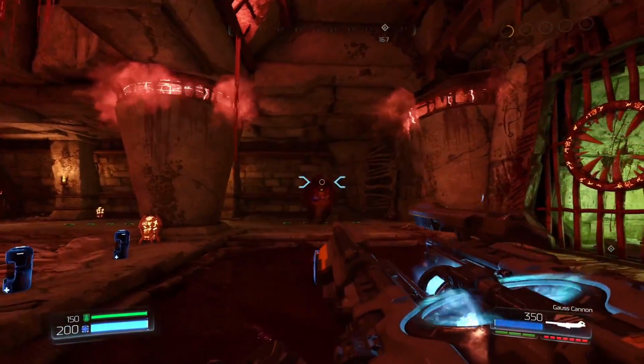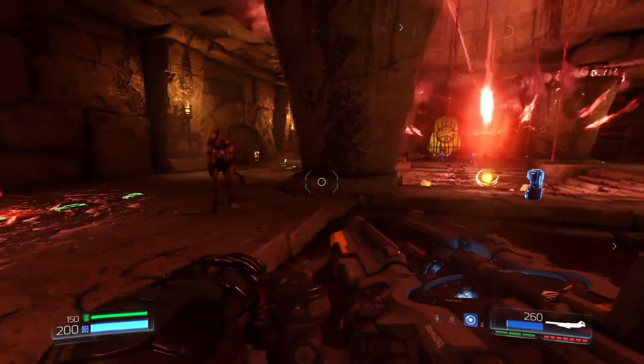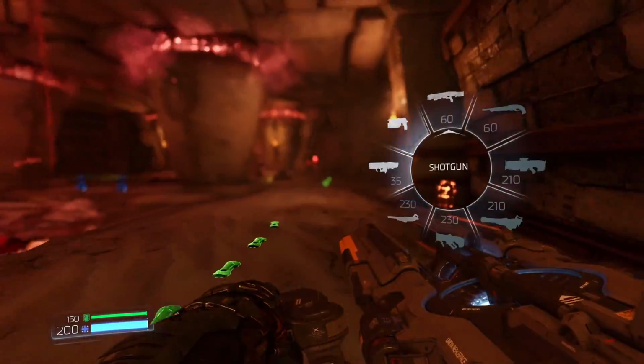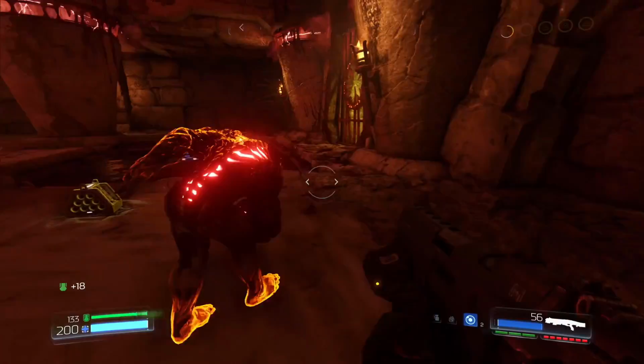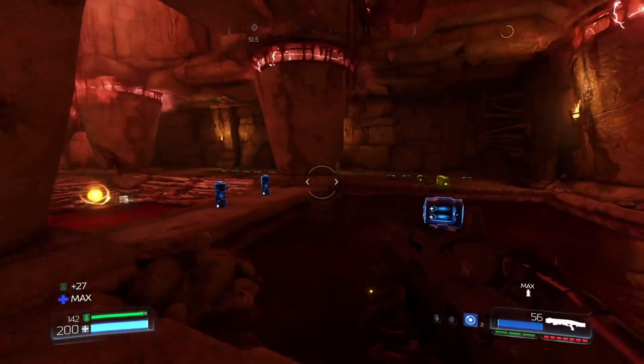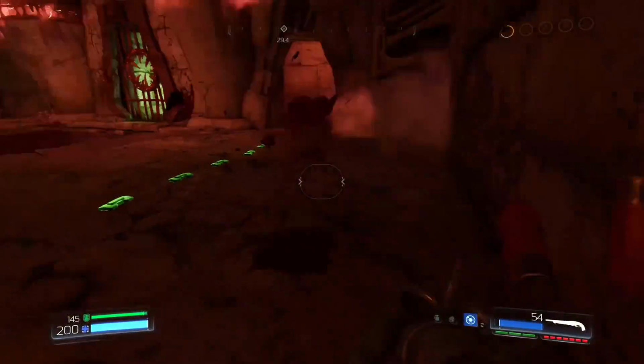I for one enjoyed the more fast-paced approach to get in and get out with the runes that would make the glory kills faster, along with having a boost of speed after the glory kill. It's very effective when playing on the higher difficulties and keeps you from getting annihilated. Runes were an amazing addition to Doom 2016, and we can expect to see something similar to that in Doom